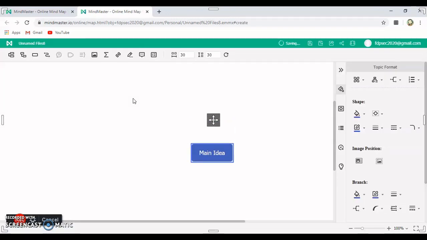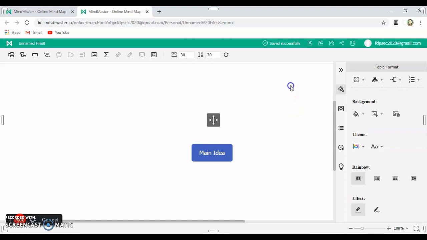Here this is my workspace where I'm going to draw. On my left hand side I have various settings here and on my top also. Now I want a colorful background. I do not want a plain white background, so I click on this background here. The settings here are changed.